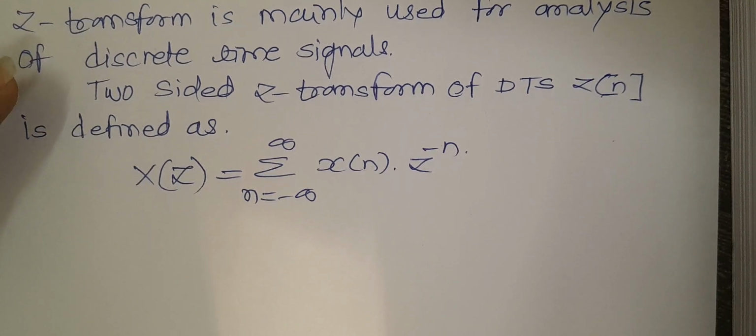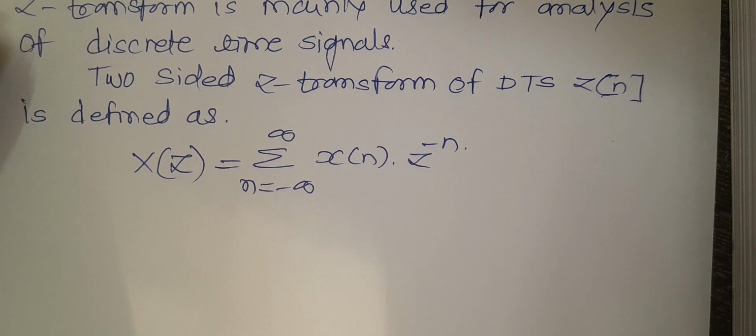So this is a two-sided Z transform of discrete time signal x of n,